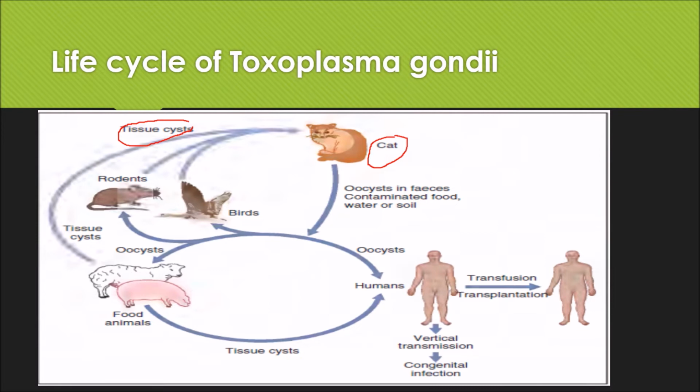and it forms tissue cysts. Now, they stay inactive in the eye, brain, and skeletal muscle, and consumption of undercooked meat or egg from an intermediate host can lead to infestation of humans. Now, these bradyzoids